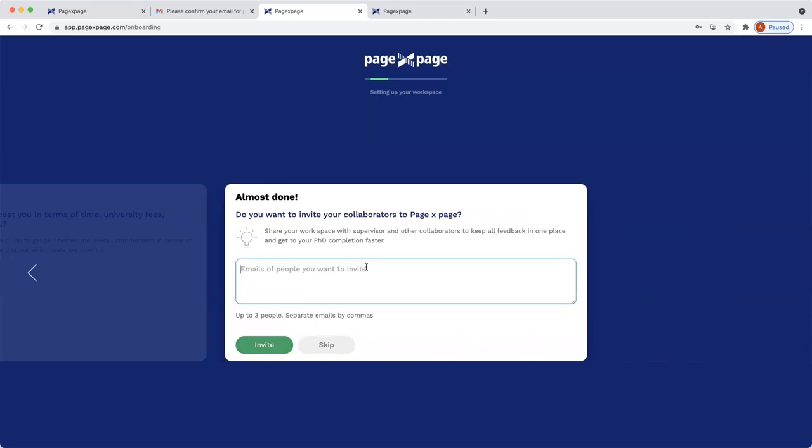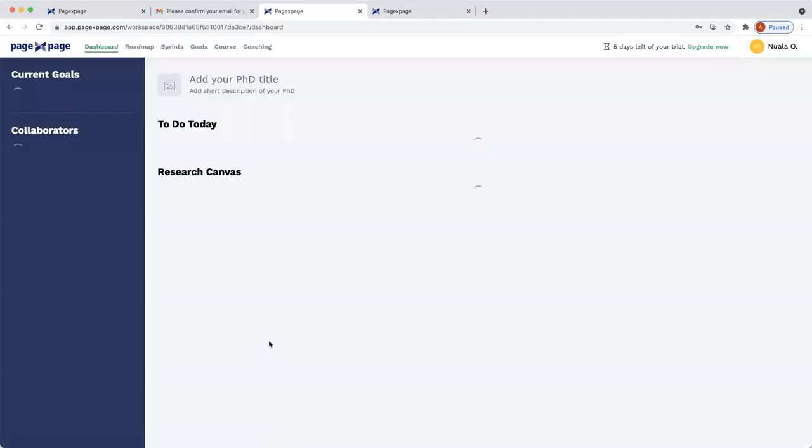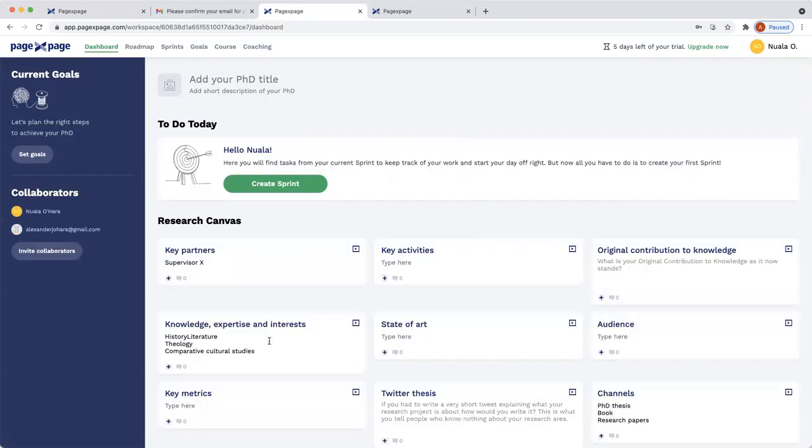Here you can invite your supervisor or other collaborators to have access to your workspace so that you can share your progress and research tasks. So this is now setting up my workspace, and this is brought to the dashboard. You can add your PhD title, add a photo for your work,